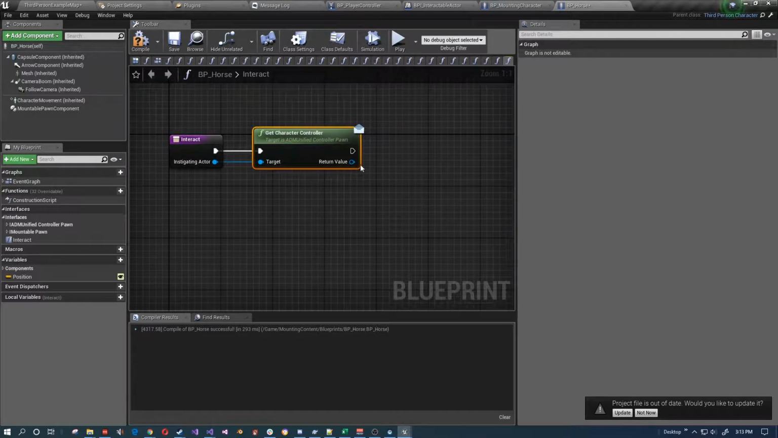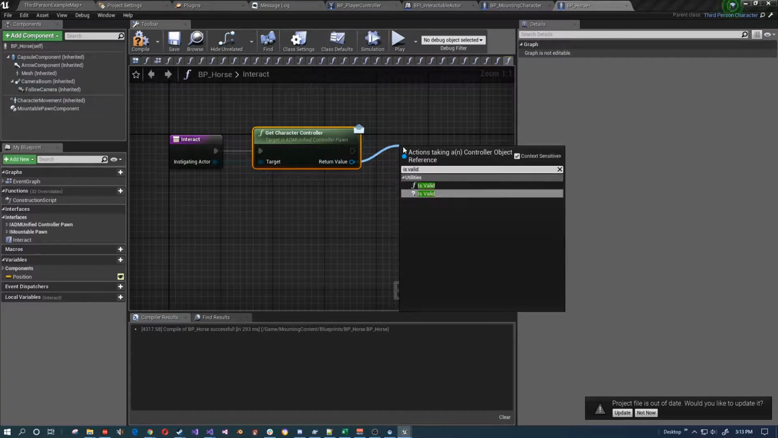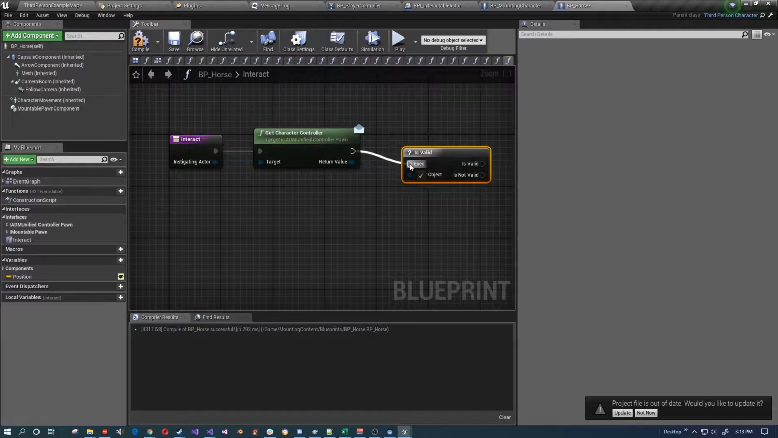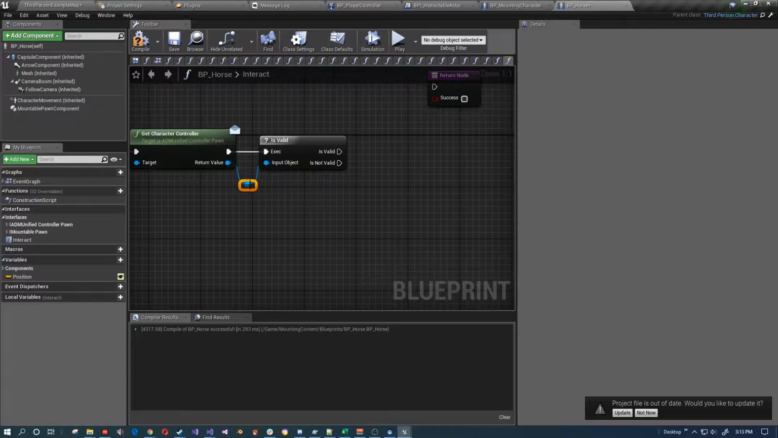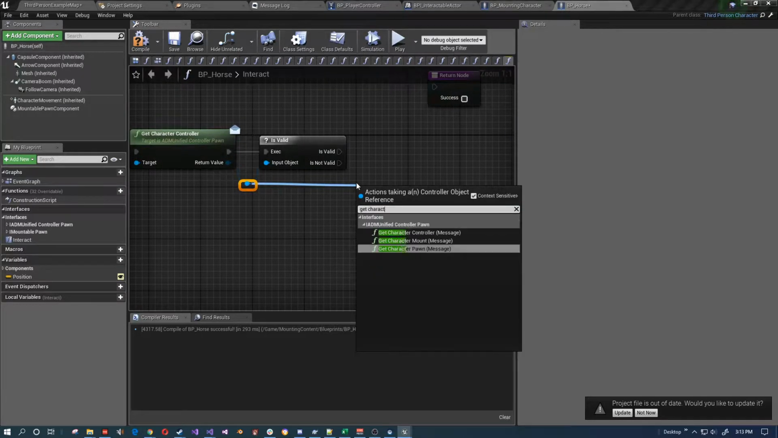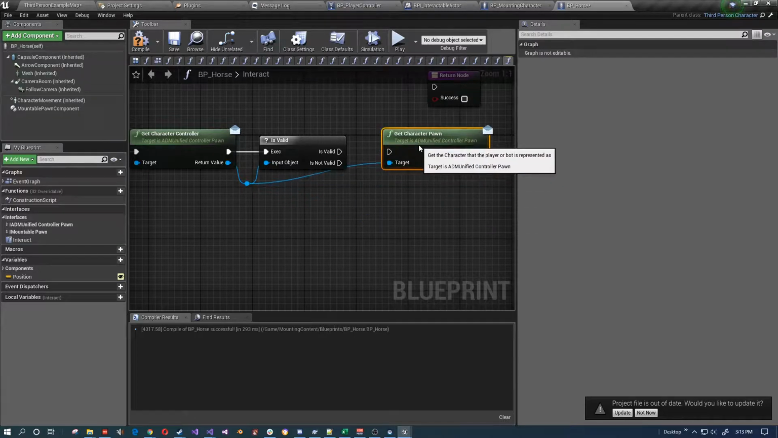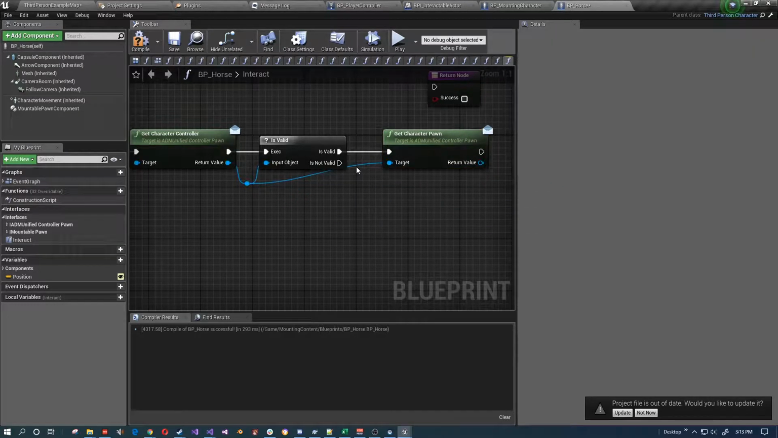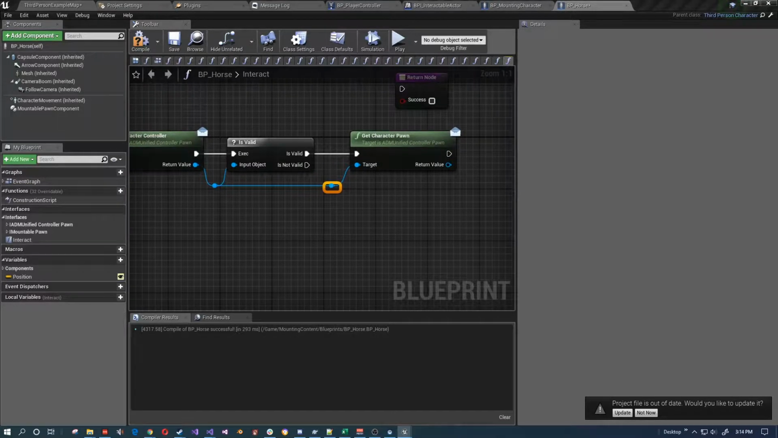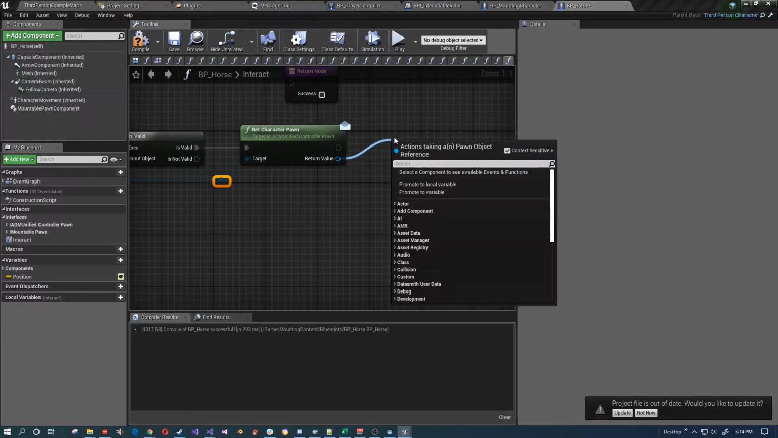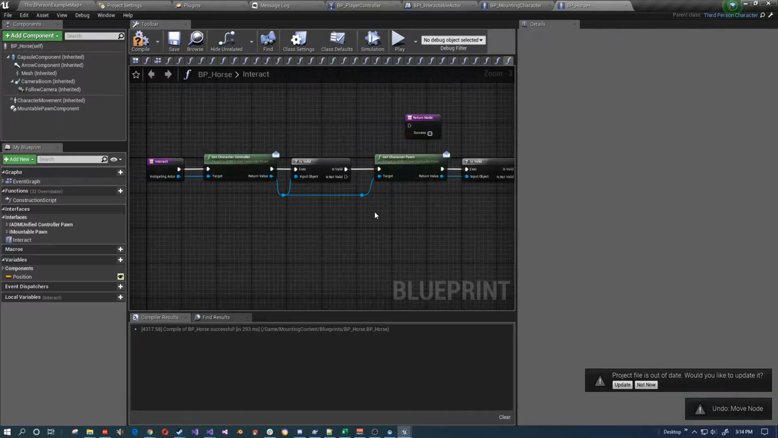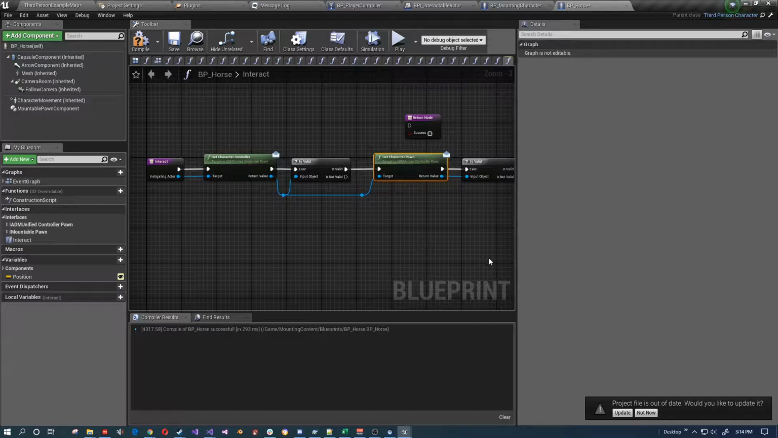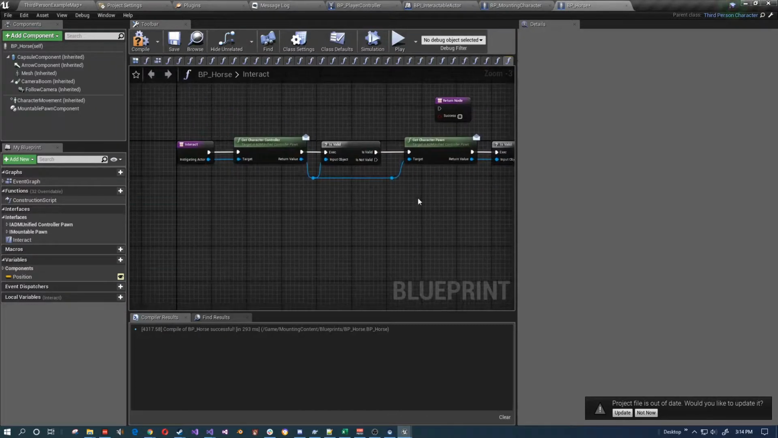Okay, so is valid. And then if that's valid, we're going to call get character pawn, because we're going to need the pawn in a minute for a different reason. And then we're also going to call is valid on that. We need the controller and the pawn eventually, just to make sure that this is a valid system. So with these two things out of the way,